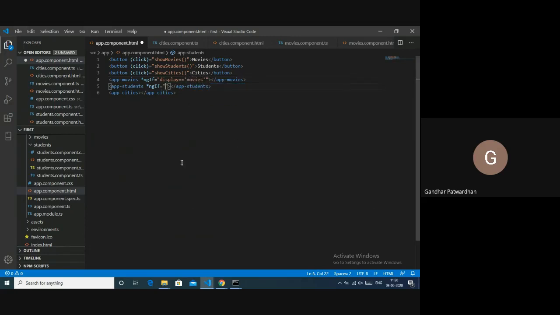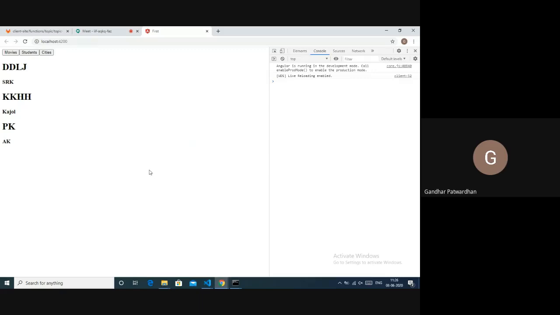In this case, I would say display equals to students. And in this particular case, I will use star ngIf equals to display equals to cities. Right. And let us check if it works. It worked.